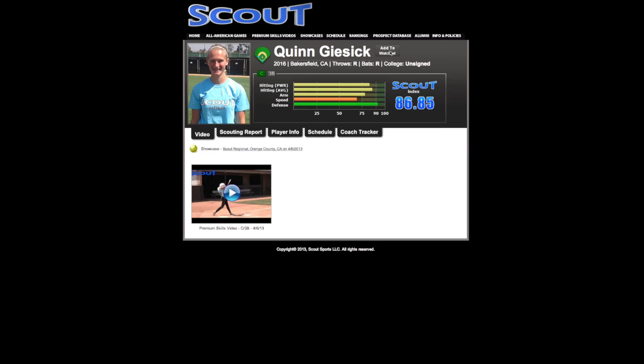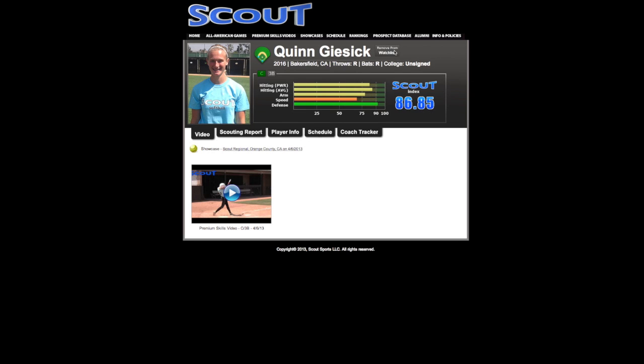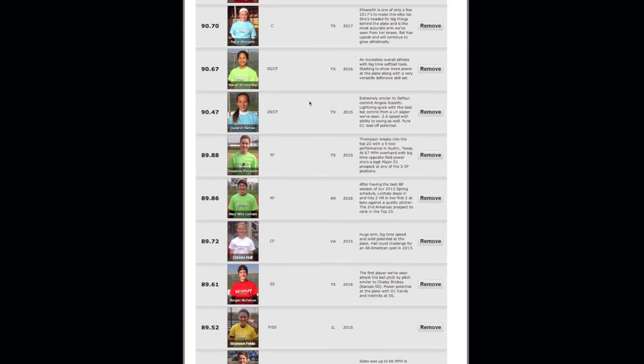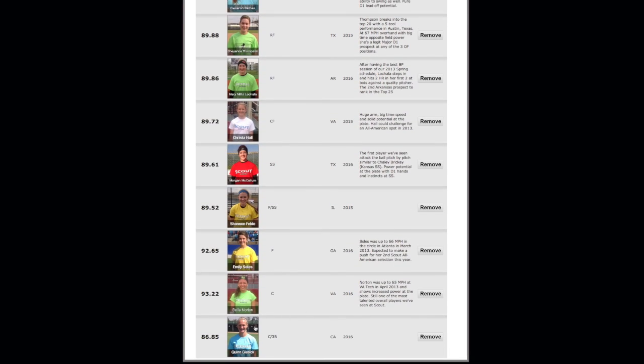Once I click on the Add to Watch List button, you'll see that there's a button that shows up that says Watch List Successfully Updated. I click on OK, and now the image changes over to Remove from Watch List. If I wanted to go to my watch list, I'll click on the My Account tab. I'll click on View Watch List, and you'll see that the most recent player I added is now in my